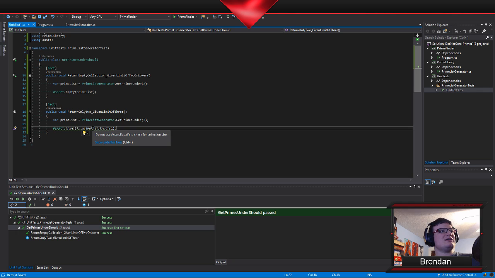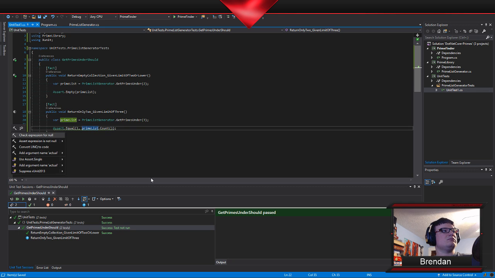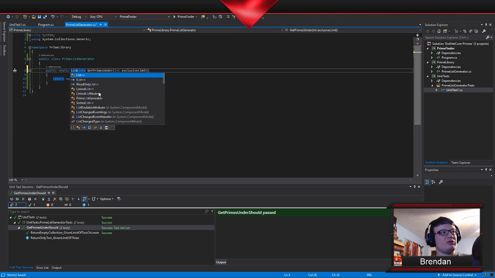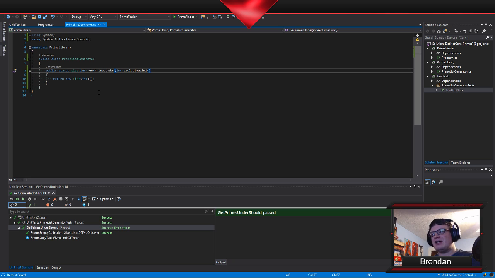One thing that bugs me here is that by default I returned an IEnumerable. I love IEnumerables in a lot of places, but I happen to know that at least right now I'm going to be returning the list.